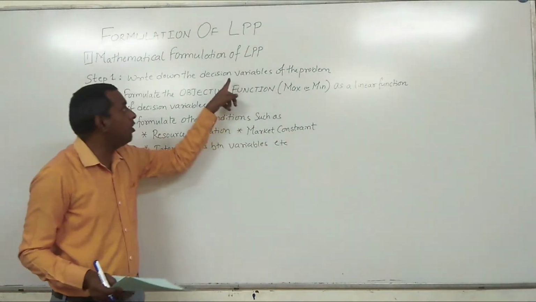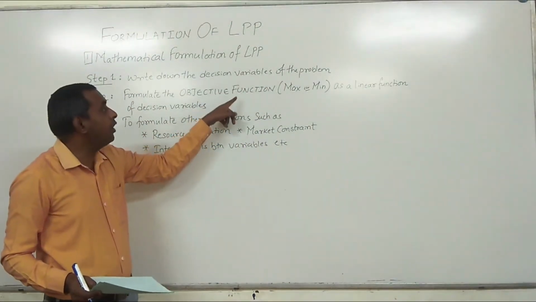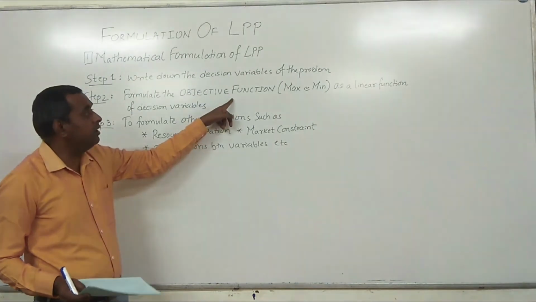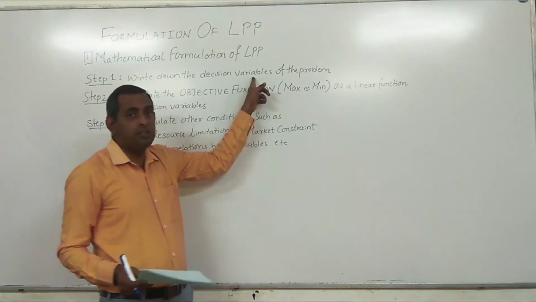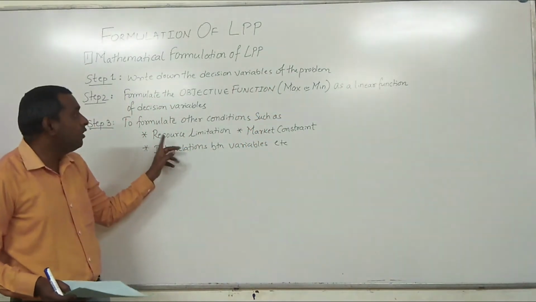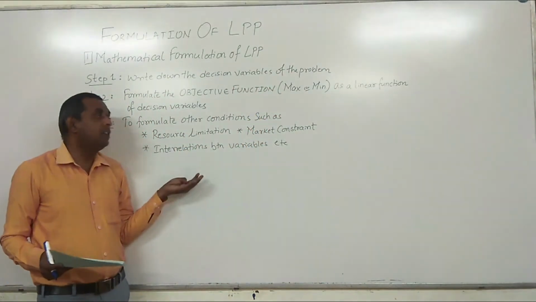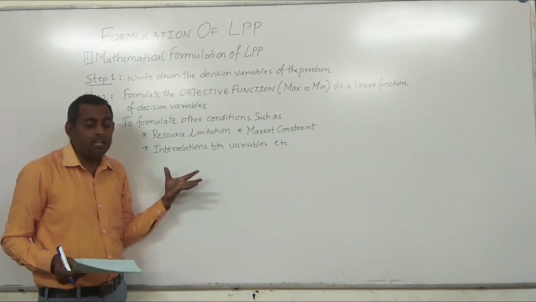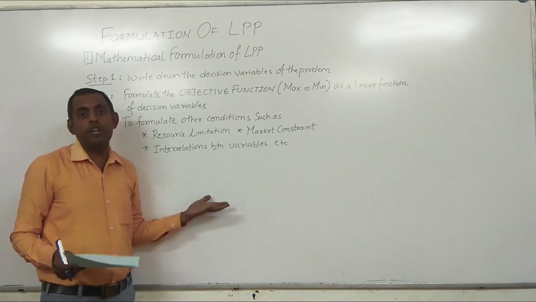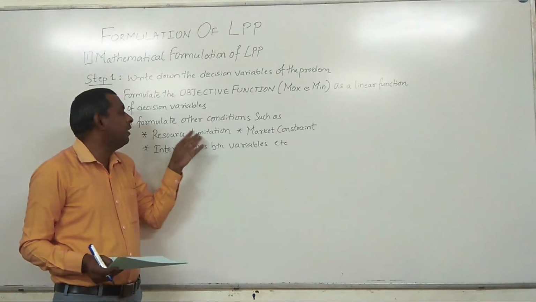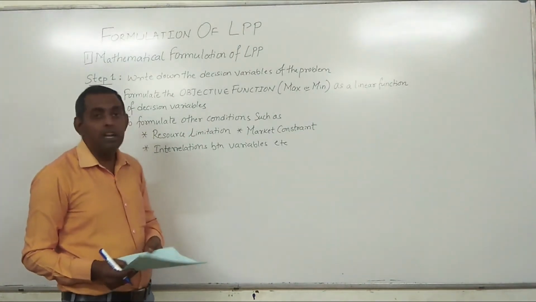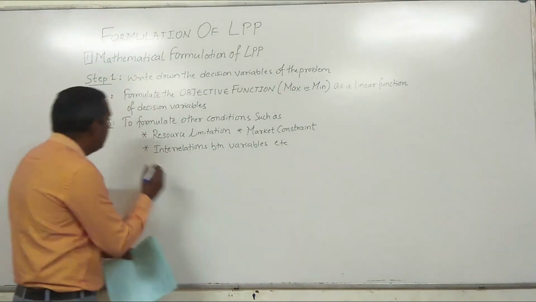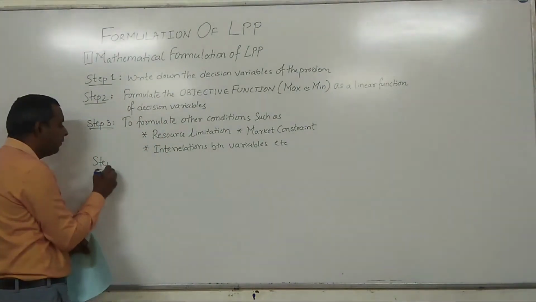So in step 1 we write the decision variables, and in the second step we prepare the objective function, whether it is to maximize or minimize with respect to these decision variables, and we need to formulate the other conditions. Other conditions means restrictions or constraints such as resource limitations, market constraints, relations between variables. Whereas in step 4,